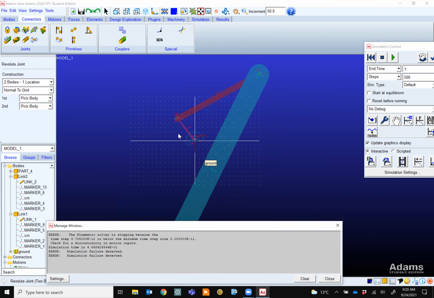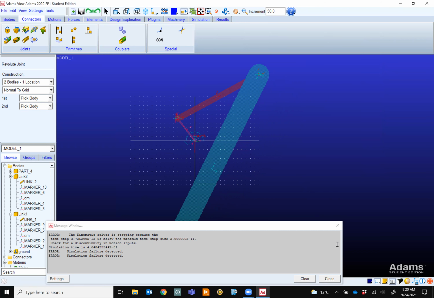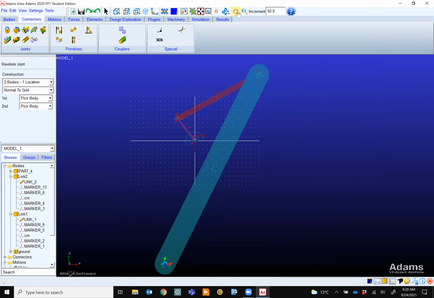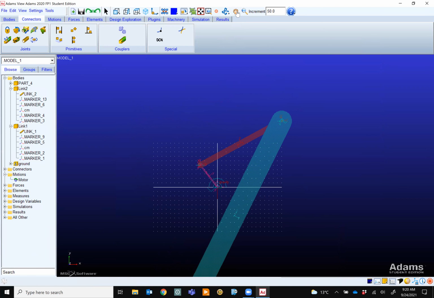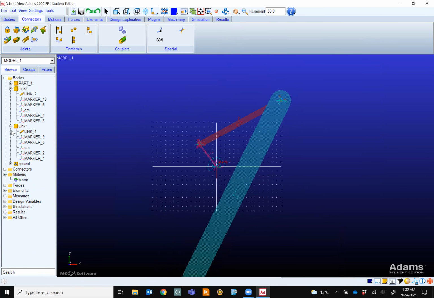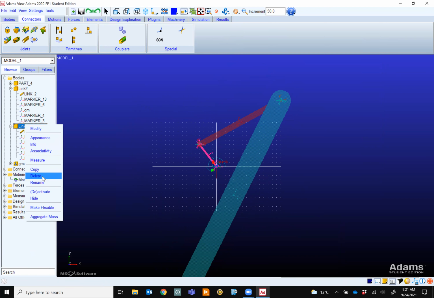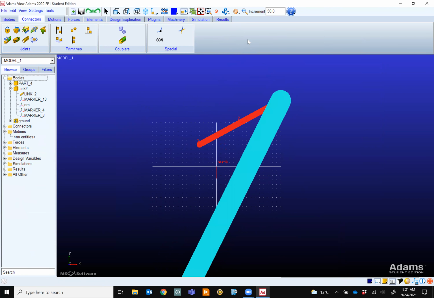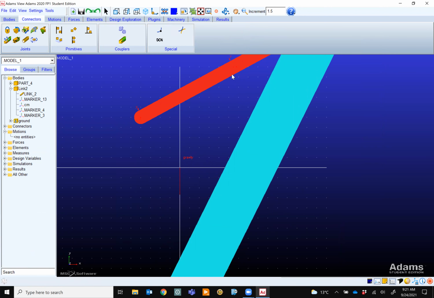The first one just needs to be a bit longer. The first one? Yeah, the one by the motor. Or shorter? Link 1 a little bit longer. No, I don't think so. Even shorter would be better. Let's make it shorter. So link 1, we get rid of link 1, let's say. Let's try a shorter one.